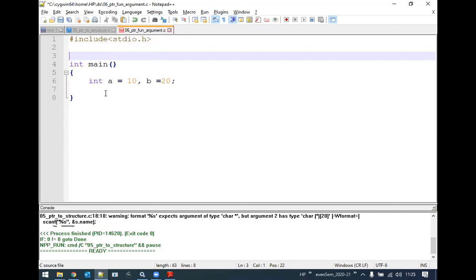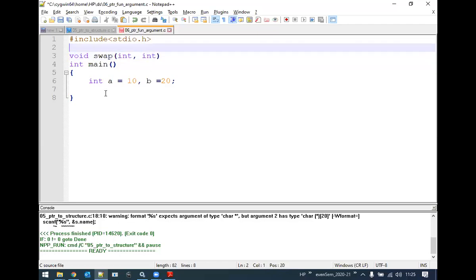Now the first part is that we need to define the prototype or the function declaration. The prototype or the function declaration has four parts. First one is return type. Second is name of the function. So here I will write the name of the function as swap, and the parameters. The parameters consist of the number of parameters, that is the list we need to mention here. So the first parameter is an integer and the second parameter is also an integer.